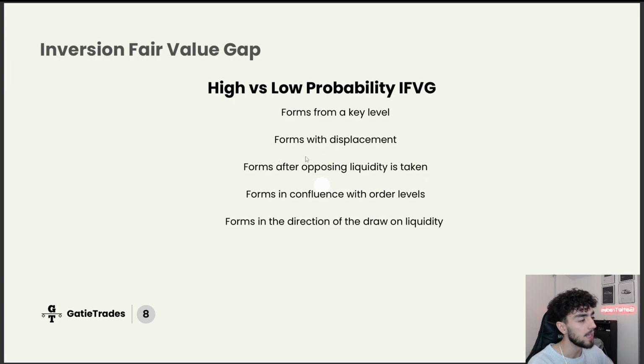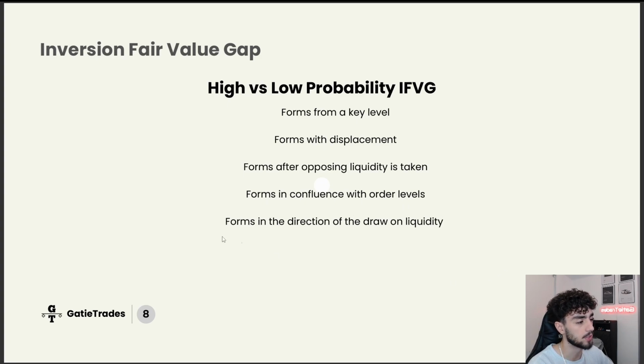If this inversion fair value gap forms after opposing liquidity is taken, that will make the trade higher probability, that raid on liquidity, so then we can distribute the positions that were accumulated. If it forms in confluence with other levels, so for example, if you have an inversion fair value gap that aligns with, let's say, a bearish fair value gap or a breaker block, that is a more high probability